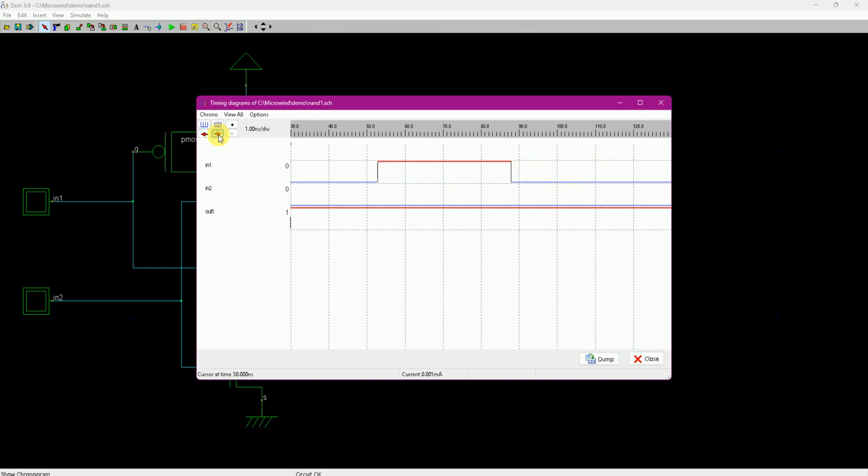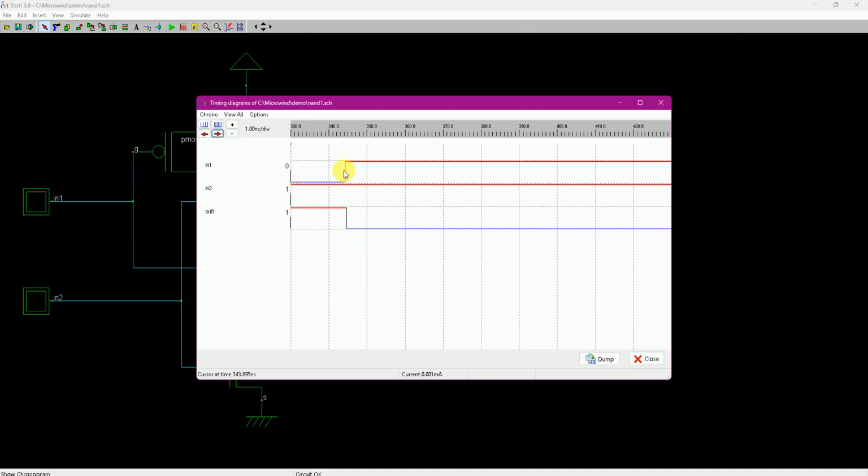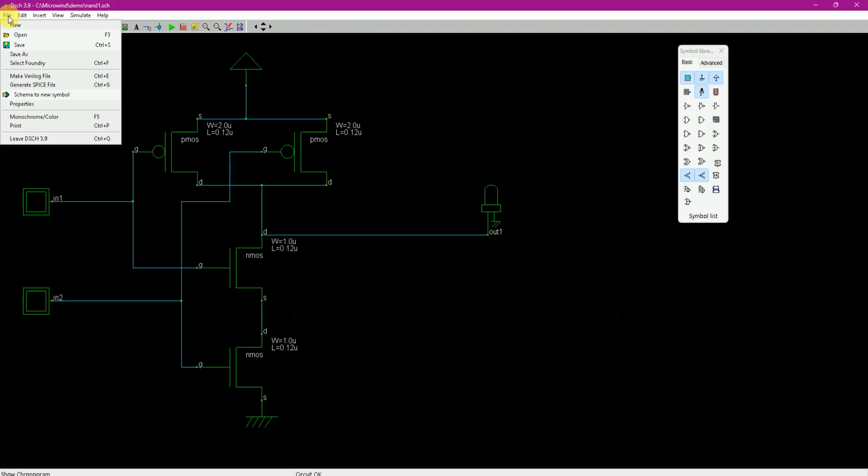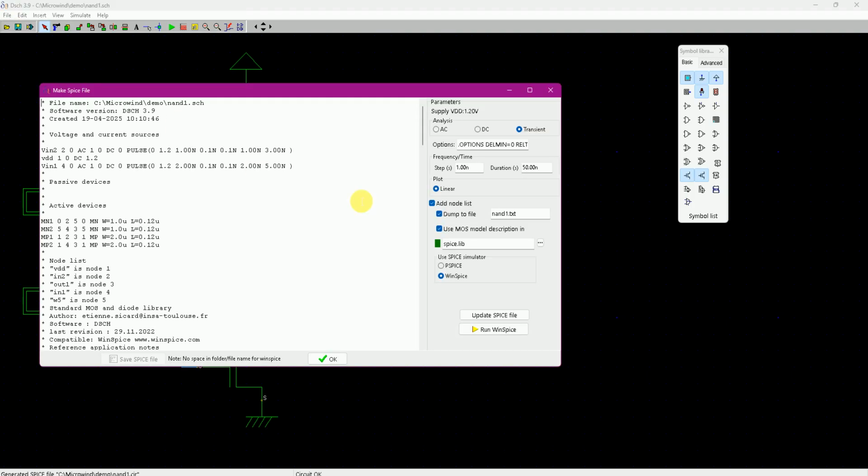You can zoom and reach the area and see how the transitions were made with the change in the inputs. Now, as you remember, I mentioned that the DSCH is for pattern-based simulation. So if you want to see Spice-like simulation results, you have to take help of Winspice. I've already installed the Winspice software, and to take help of Winspice, I can go to File, Generate Spice Simulation,